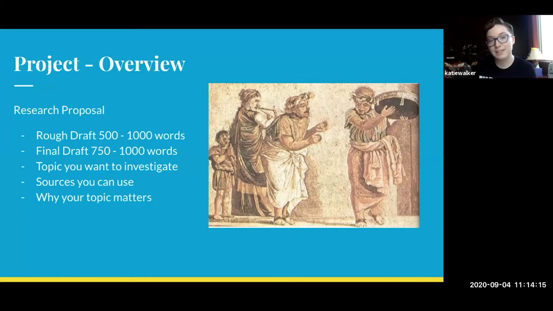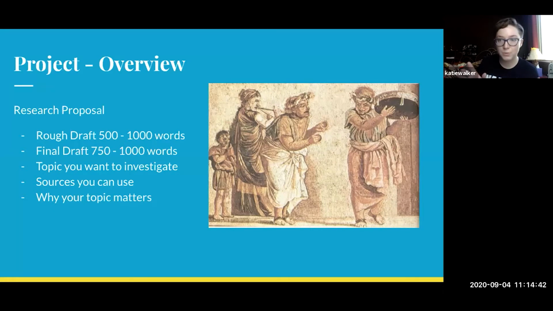Part of this is that you can be concise in explaining the sort of thing you want to do. The final draft can actually be up to 1,500 words. That's a typo there. But you're going to get some more details on these when the actual assignment pages go up on D2L, and you'll be able to read through these and get a little more nuance. Basically what it's going to include is the topic you want to investigate, the sources that you might be able to use for this.